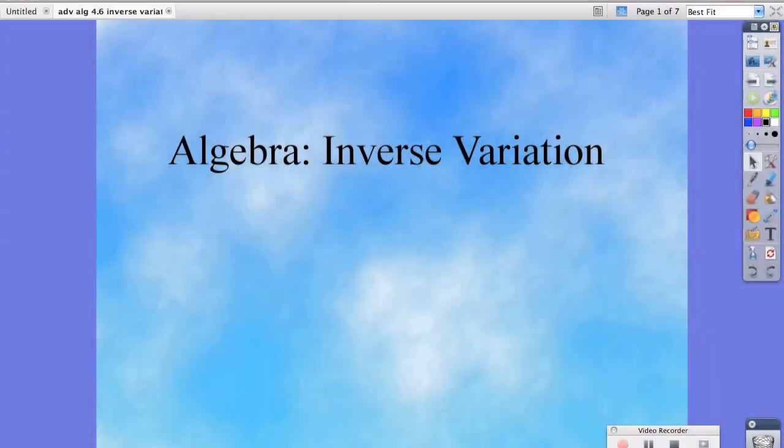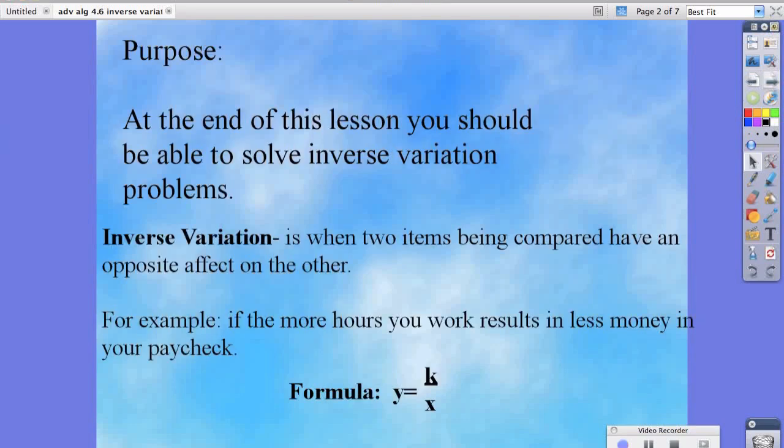Hello students, today we're going to be talking about inverse variation. The purpose of this lesson is that at the end of it you should be able to solve inverse variation problems. Yesterday, or last time, we worked on direct variation,